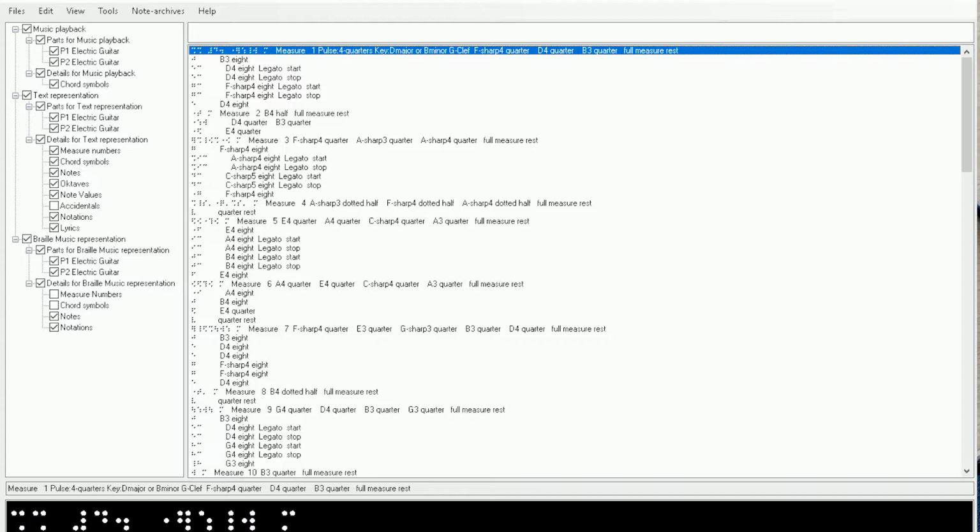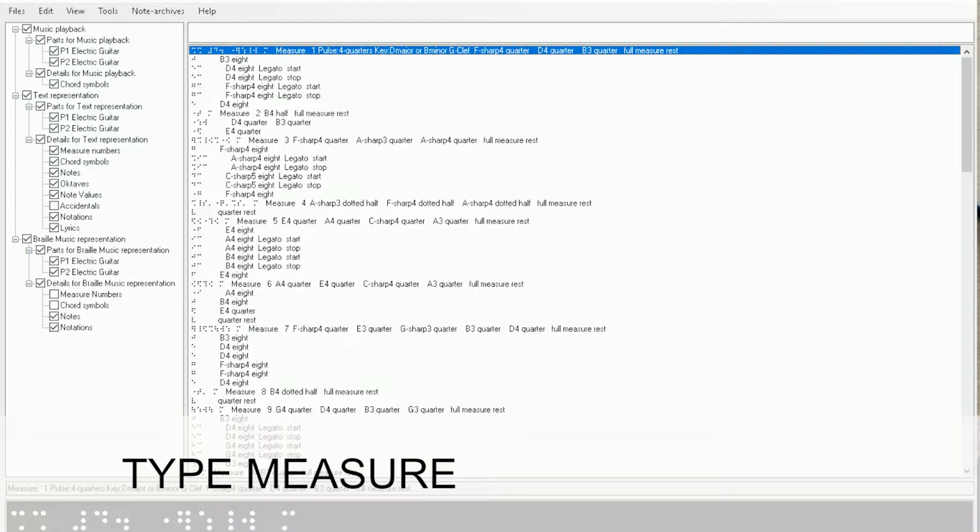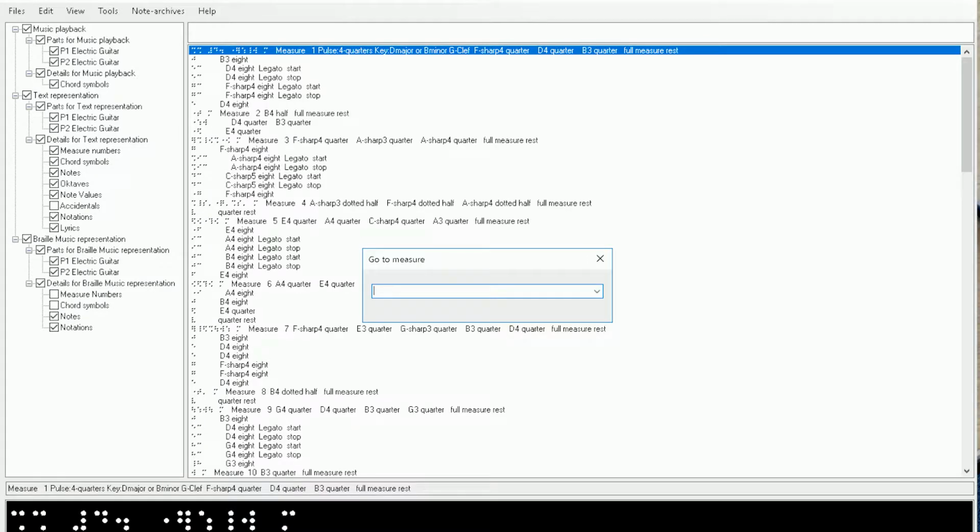So if I want to go to a particular measure, I would do another useful keystroke, which is Control G, and then type in the number of the measure I want to go to. And I'll do that now. Control G, go to measure, edit combo, to set the value, use the arrow keys or type the value. And I'll mute JAWS there, and actually JAWS help, JAWS verbosity, help tutor messages will speak out what I can do here. I will type in 12